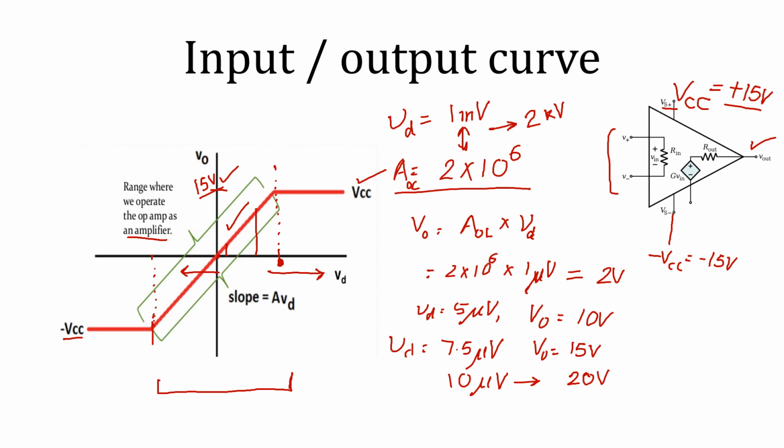So I am again coming back to my previous question: if we are not able to amplify a very small signal of 10 microvolt, why are we not able to amplify? Because the output is constant, 15 volt. 10 microvolt, output is 15 volt. 15 microvolt, 20 microvolt, 100 microvolt, 200 microvolt, 1 millivolt, whatever value more than this, you will always get 15 volt. So it means we have reached the saturation region. Okay, so we are not in the amplification region.